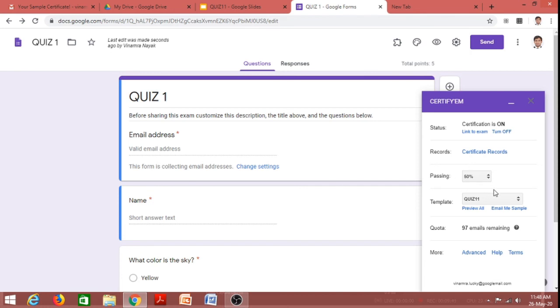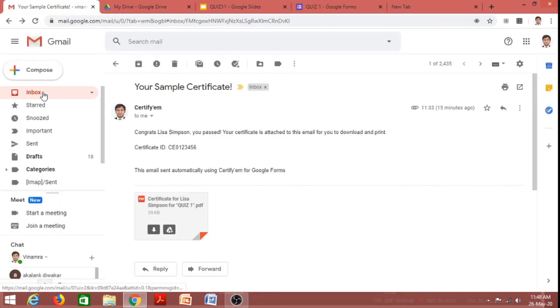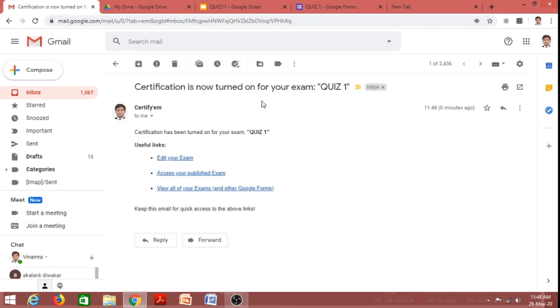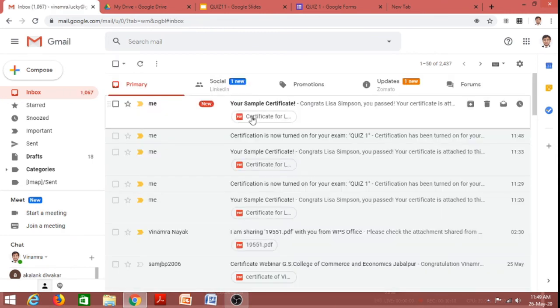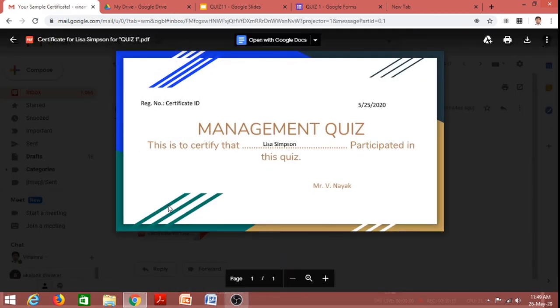This is the passing certificate. The records will appear here. And if you want to see how your certificate will look, you just click on email me sample, and Google will send an email to your registered email ID, the one in which you have prepared this particular certificate or the quiz. You can go and see it will have some default name set up, and from the mail which you have just received, you can see how your certificate will